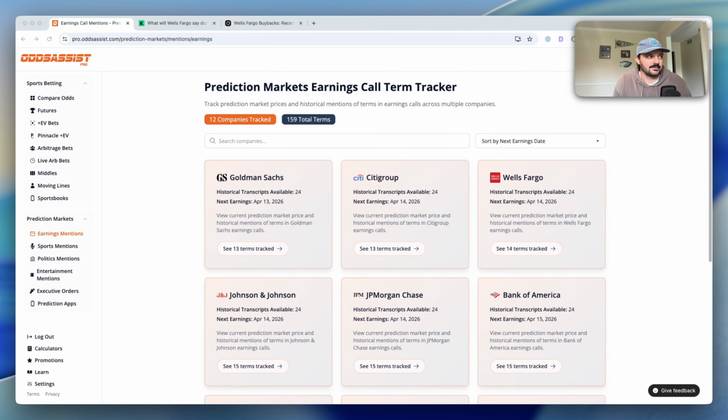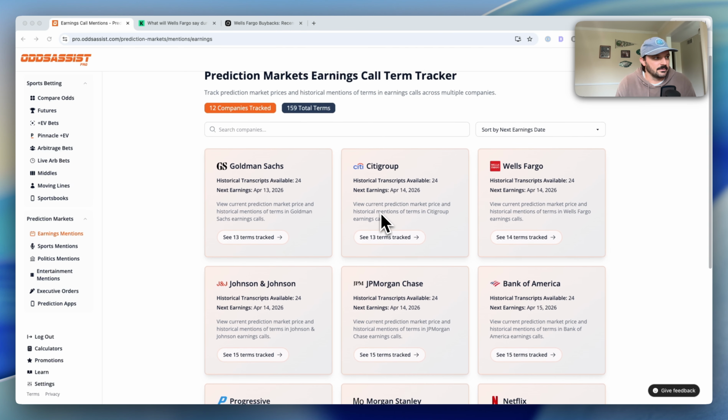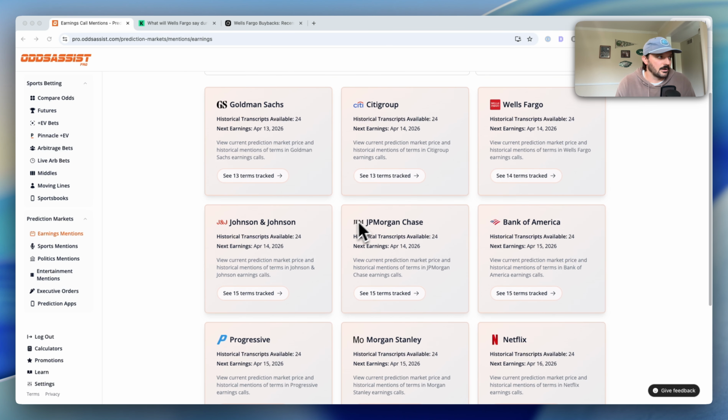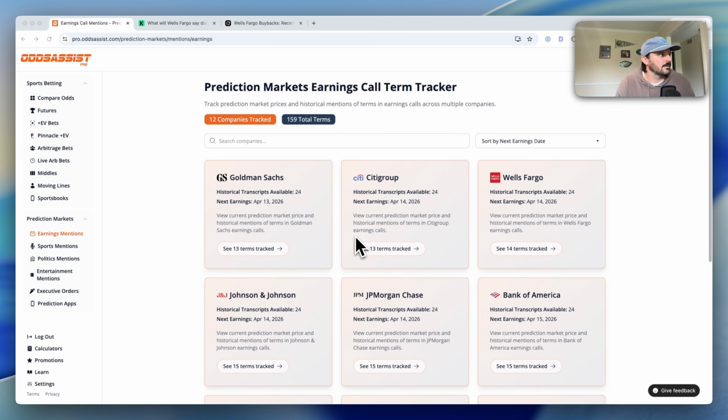This tool is designed to get you an edge on the "what will XYZ companies say on their next earnings call" markets on Kalshi. So this is the directory page. Any market that Kalshi has open, we track the historical mention rate across all past earnings calls that we have access to. You see currently we have 12 companies in here, and that matches up with what Kalshi is